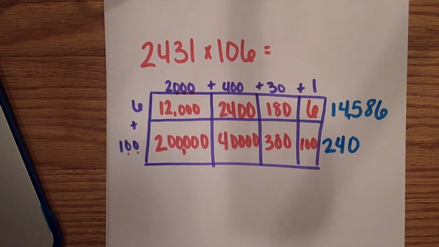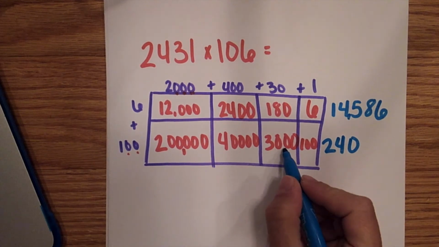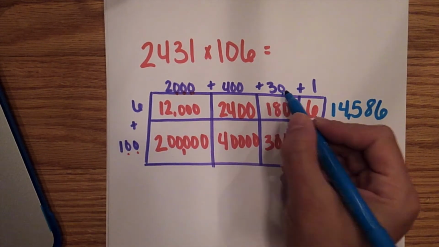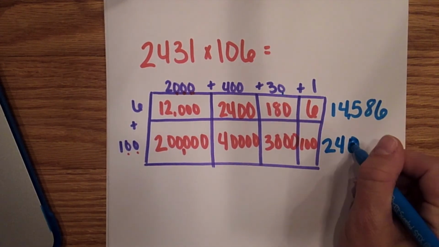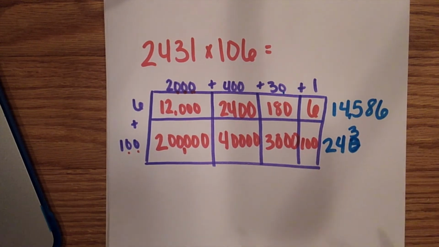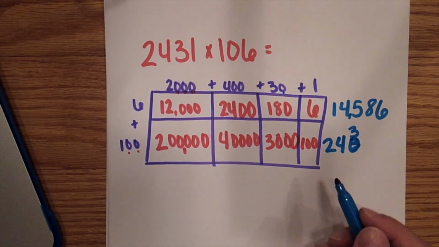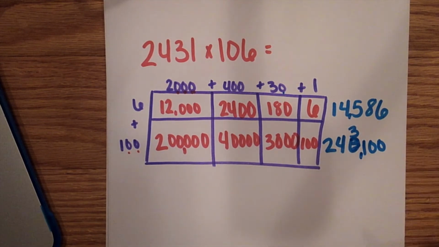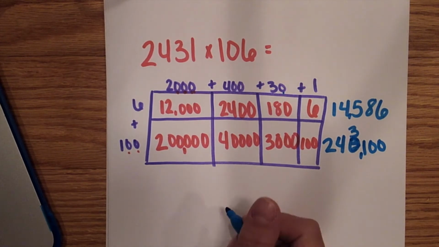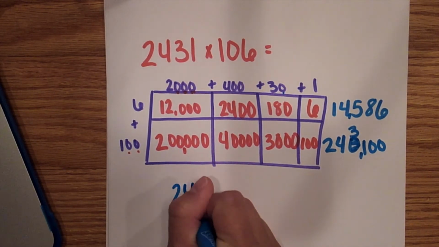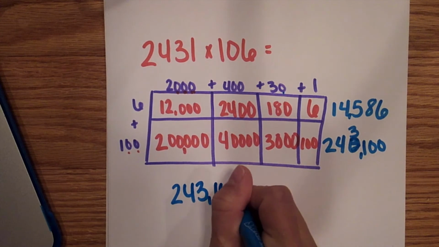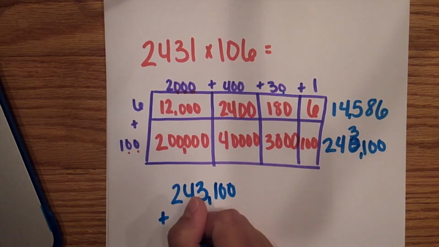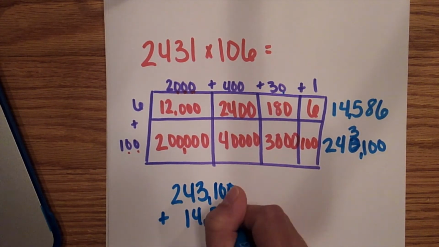Sorry, guys. We forgot a 0 here. You may have caught it, hopefully. 1, 2, 3. 1, 2, 3. I missed 1. So this is not a 0 here. It's a 3. And then 100 for 243,100. Now we are going to use our standard algorithm, or you could use mental math, to add these two